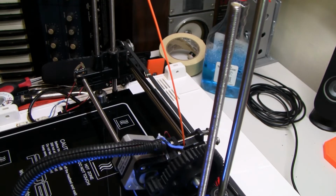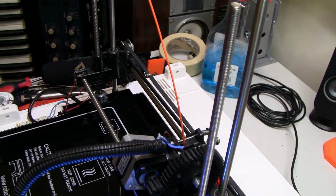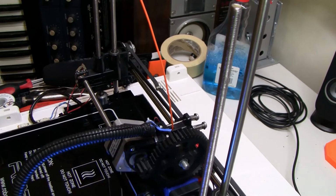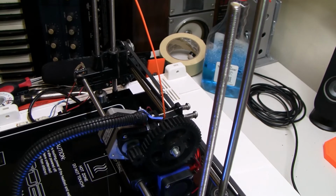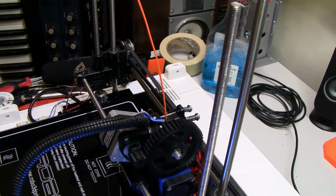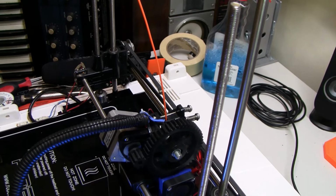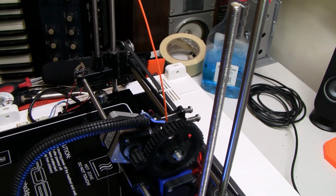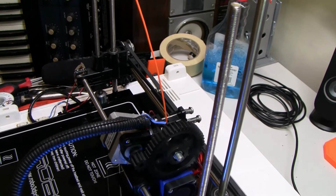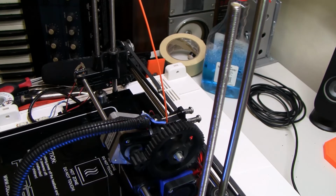This printer runs Marlin. It's RepRap, so the first thing it does is establish a bed mesh, or I guess a bed plane in this case, which is way easier than trying to tweak knobs. And it took very little effort. All the commands are the same as standard Marlin 2, even though this is a Marlin 1, and I got